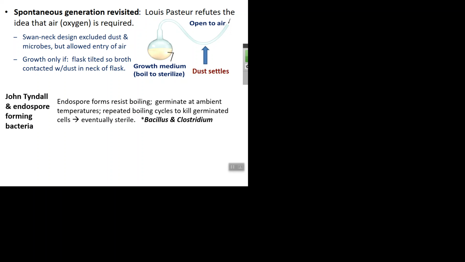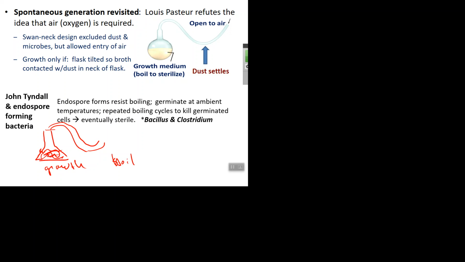So what he did was, let's draw a crude flask here. He'd have a flask, and he'd have one of these swan necks on it, okay, and very ugly swan neck, excuse me, and he would get growth, okay. And so he would look in and see these forms that looked very different, kind of encased. You see an endospore has a very unique depiction of it. So he'd get growth, and then what he would do is he would sterilize it, he'd boil it,